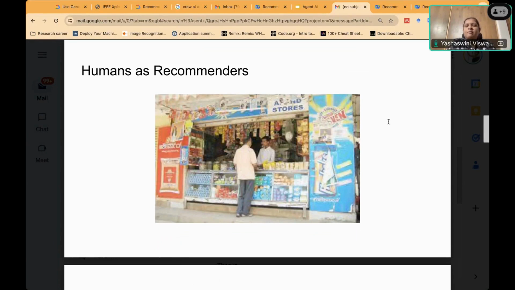So the reason why I'm trying to tell you about these recommenders is that I want you to think that you are capable of building a recommender system. You are capable of understanding what a recommender system is. You are capable of doing research in recommender systems because it's not something that has fallen from the sky, but something that has evolved in the society that we live in.